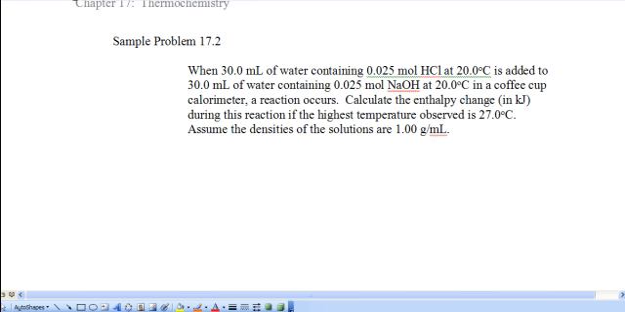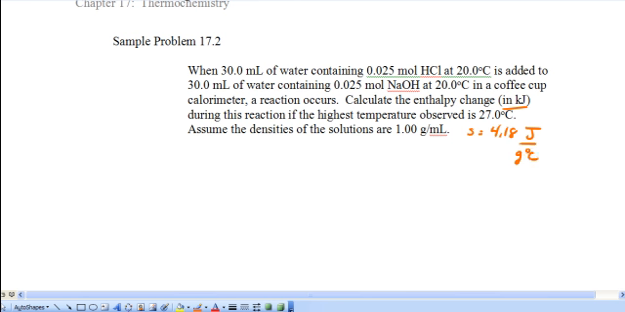So sample problem 17.2 says when 30 mL of water containing 0.025 moles of hydrochloric acid at 20 degrees Celsius is added to 30 mL of water containing 0.025 moles of sodium hydroxide at 20 degrees Celsius, in a coffee cup calorimeter, a reaction occurs. Calculate the enthalpy change in kilojoules during this reaction if the highest temperature observed is 27 degrees Celsius. Assume the densities of the solution are 1 gram per milliliter. We also have to tell you that the specific heat is going to be 4.18 joules per gram per degree